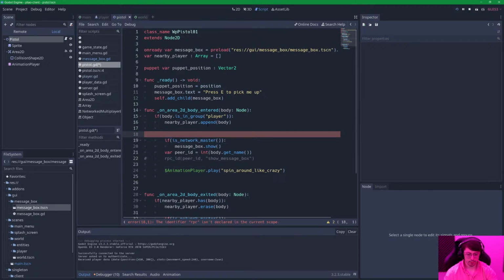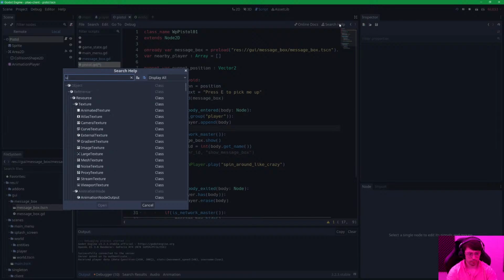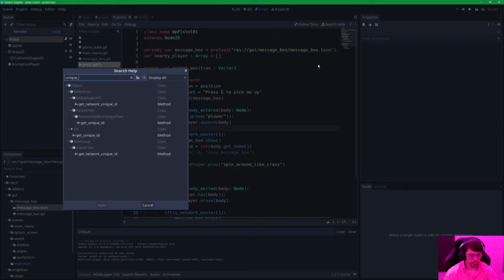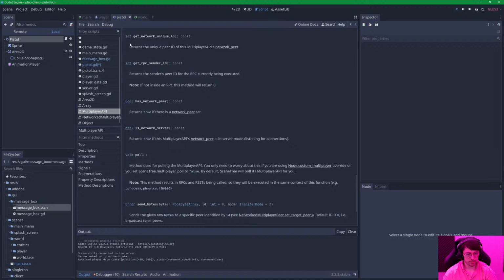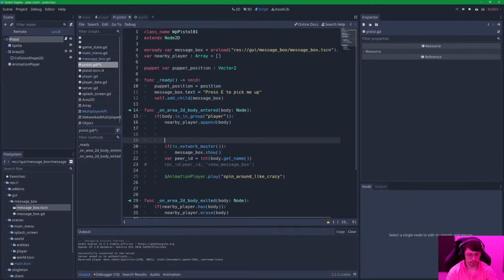Should be a way to do that. Let's see. I can vaguely remember something. Get network unique ID. Get network unique ID. Server. Get network. No,